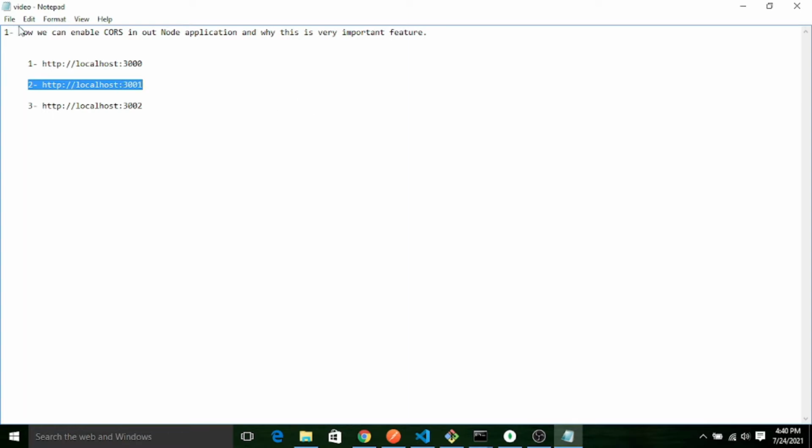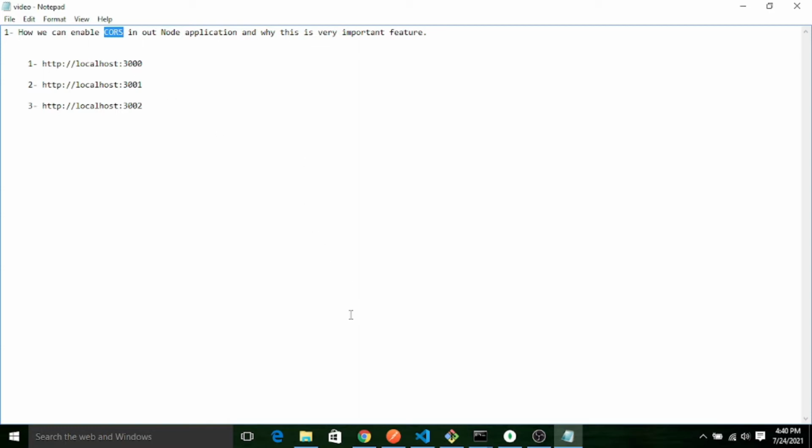If we do not enable this CORS feature, anyone can access the database server, anyone can access the hosted files, anyone can directly steal your data from your database. So to restrict unwanted users, we need to enable the CORS feature in our Node.js application.